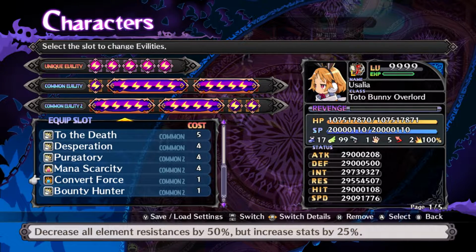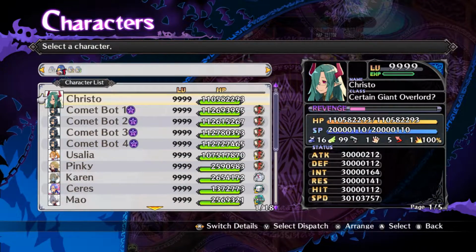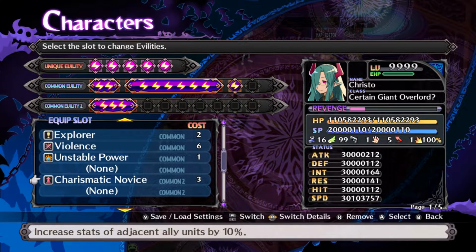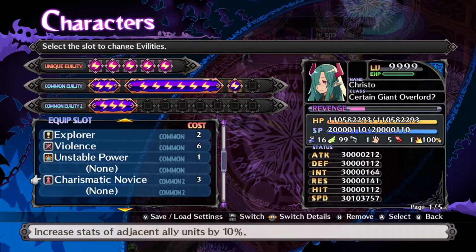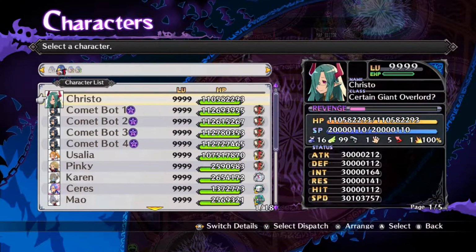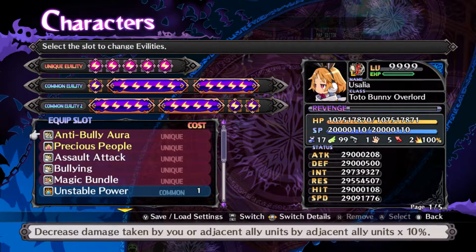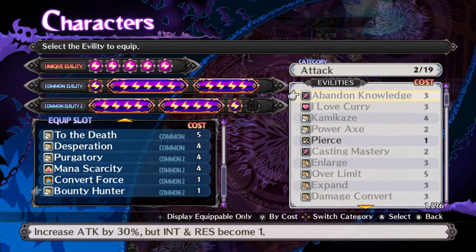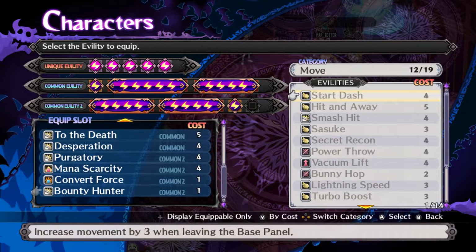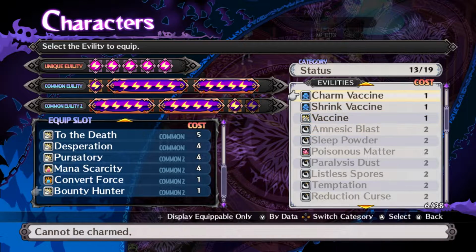Now the reason for giving her extra stats on the non-DLC version is that if you have the DLC, you can get Charismatic Novice from a Measle, and this gives 10% stats to adjacent allies, so you can have support units with this around Usalia if you need extra stats. But without that, we have Convert Force. Now, instead of Bounty Hunter, and this is also an option for the Asagis as well, you could have...